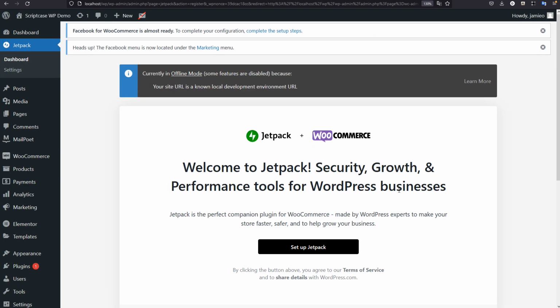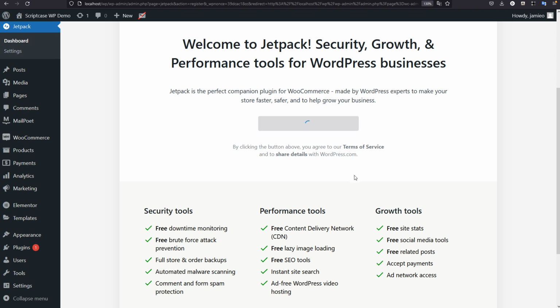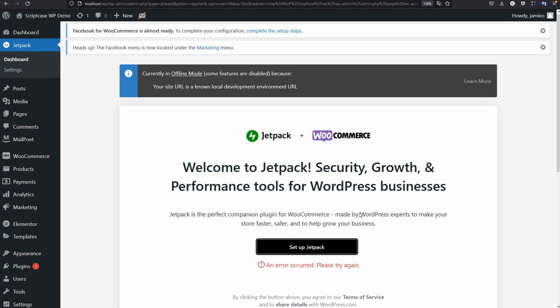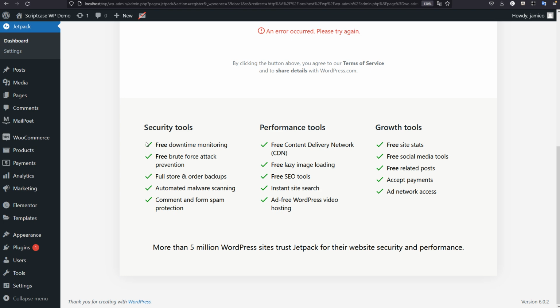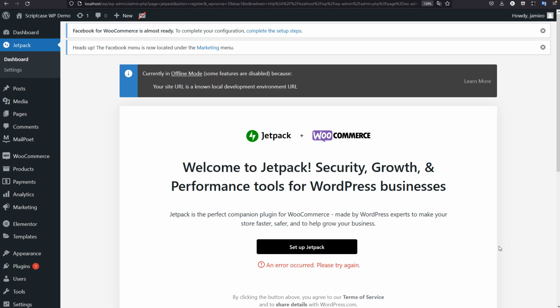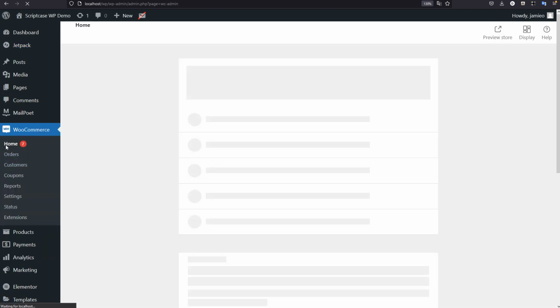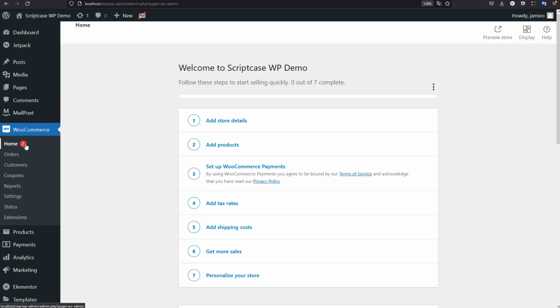Okay, so we can go ahead now and set up Jetpack if we wanted to, and I'll generally just go ahead and do this. And of course there's an error, it's not connecting to anything and it is offline, so we would have to be actually online to use all of the features of Jetpack and enable that. But otherwise, we have here, first of all, our WooCommerce. And then on our home, we have 7 notifications already. So if I choose that,